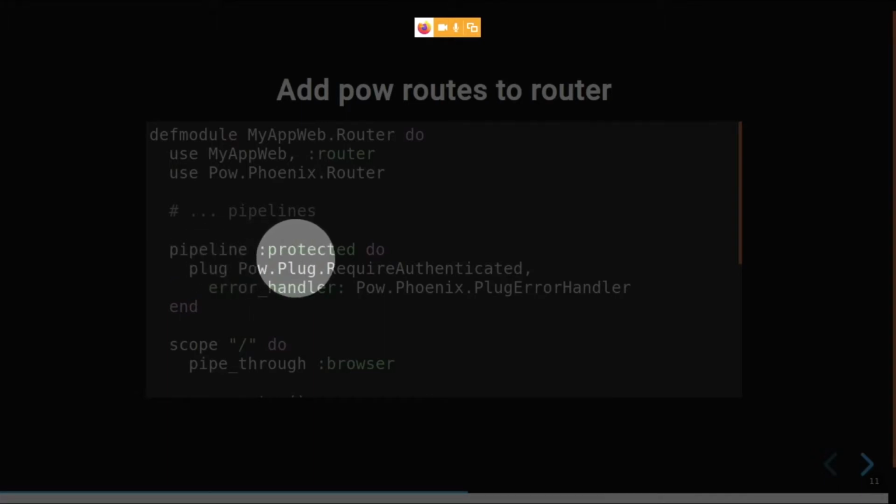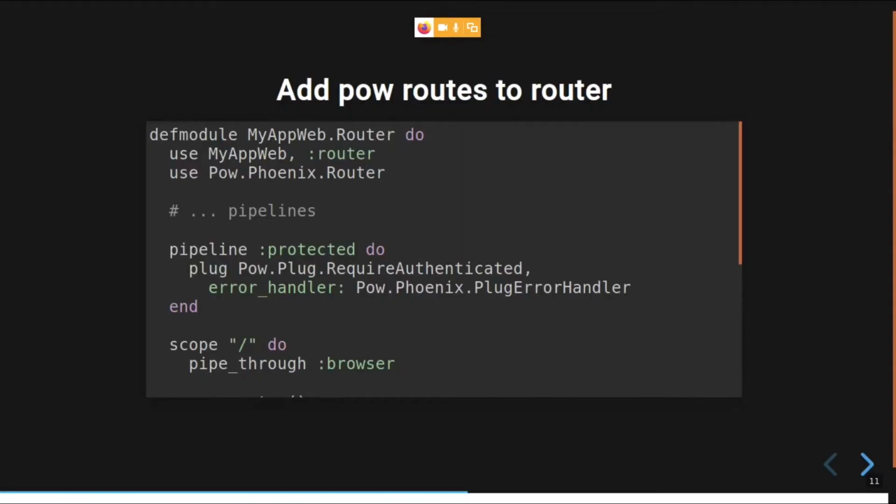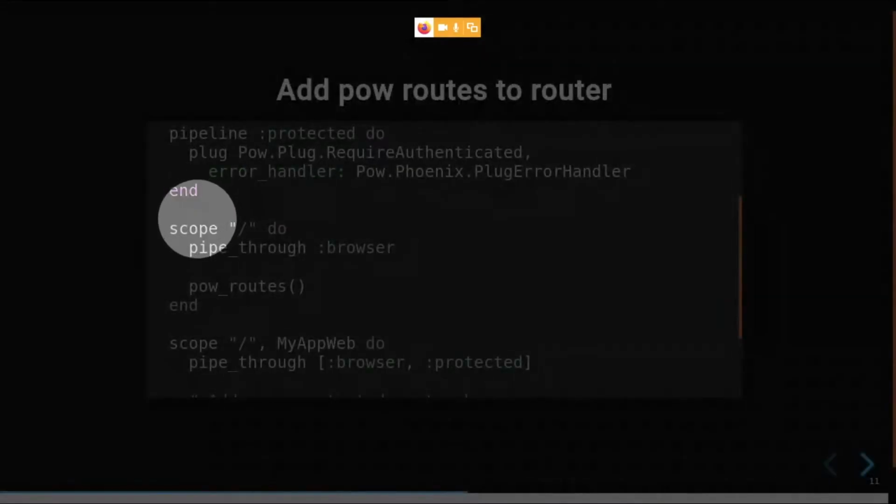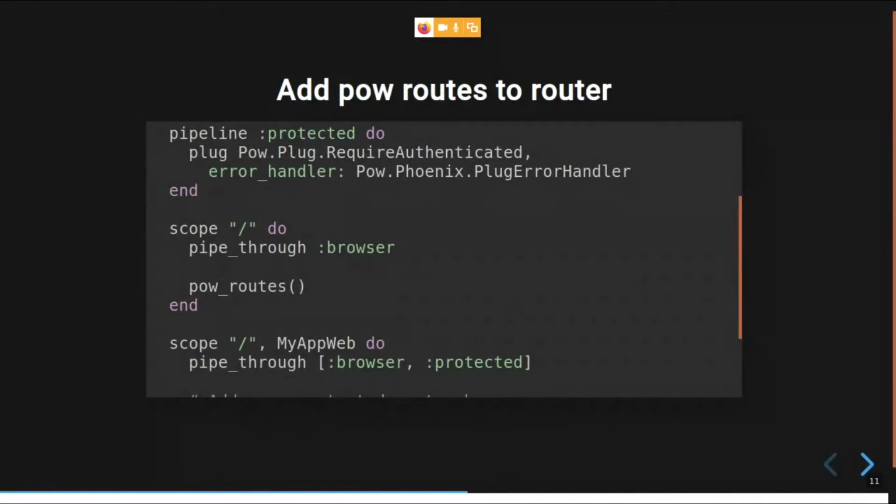A protected pipeline is created, which will use the require authenticated plug present in the POW library, and also an error handler plug that is also available in the POW library. Next is the actual routes that we are going to add. We create a new scope, and in that scope we just give pow_routes as this, and this function will bring the necessary routes that are required for registration and login of a user.